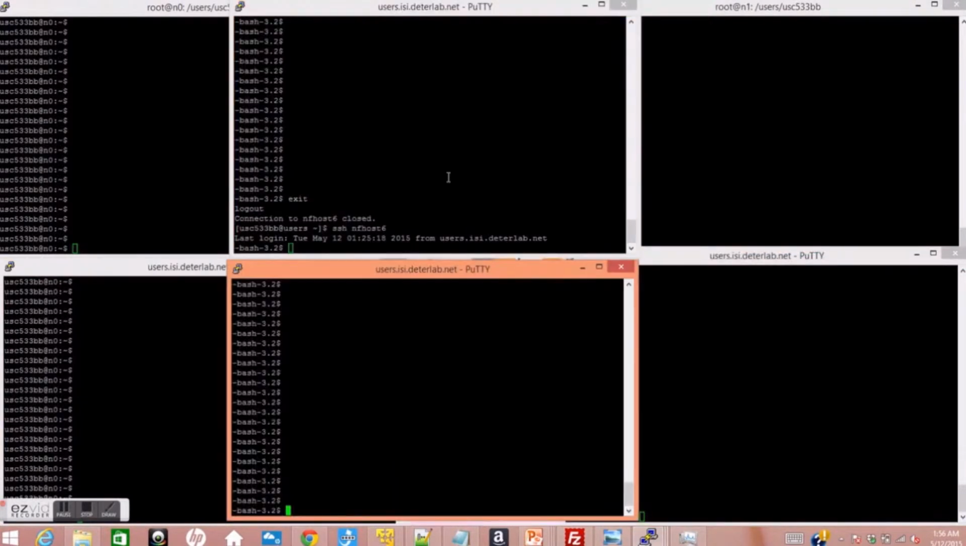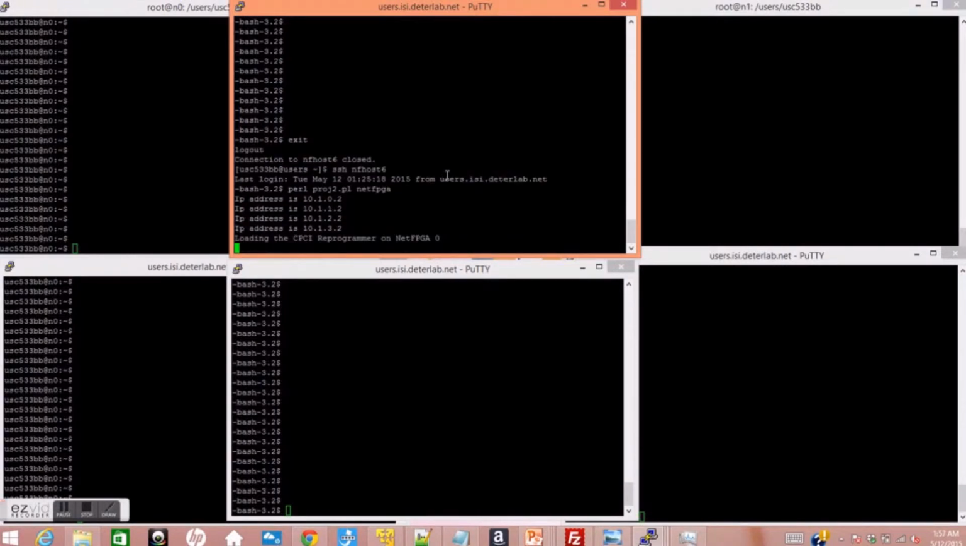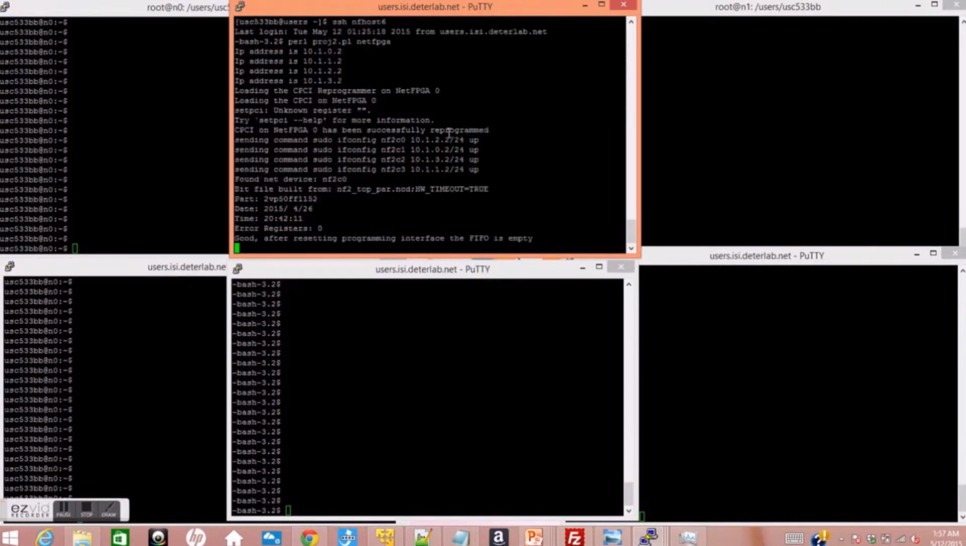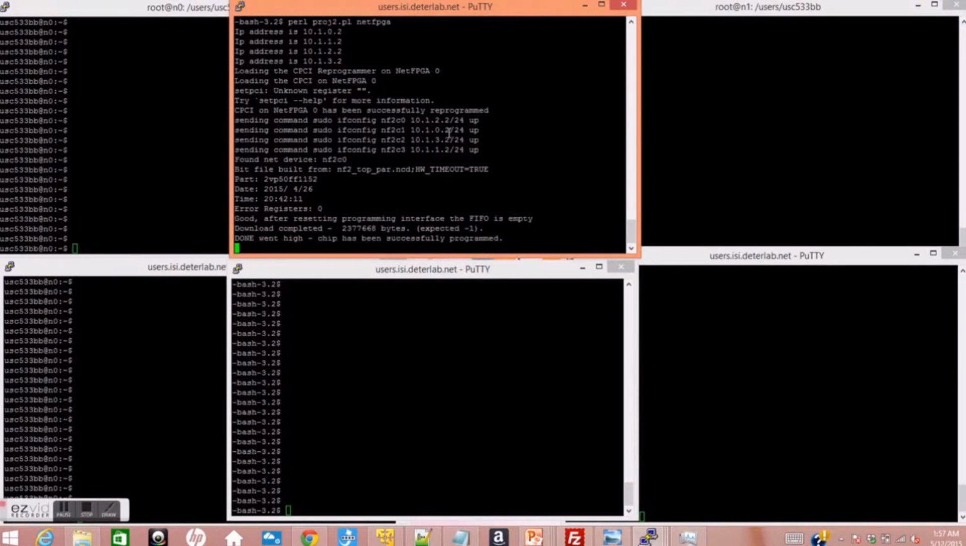Initially we are interested in the NF host because we have to download our bit file, for which we have to reprogram the NetFPGA, configure the Ethernet interfaces, and download the bit file. I have written a Perl script which will take care of all of these sequentially. As you can see now on the screen, the NetFPGA is being reprogrammed, after which the Ethernet interfaces will be configured, and the bit file would be downloaded,